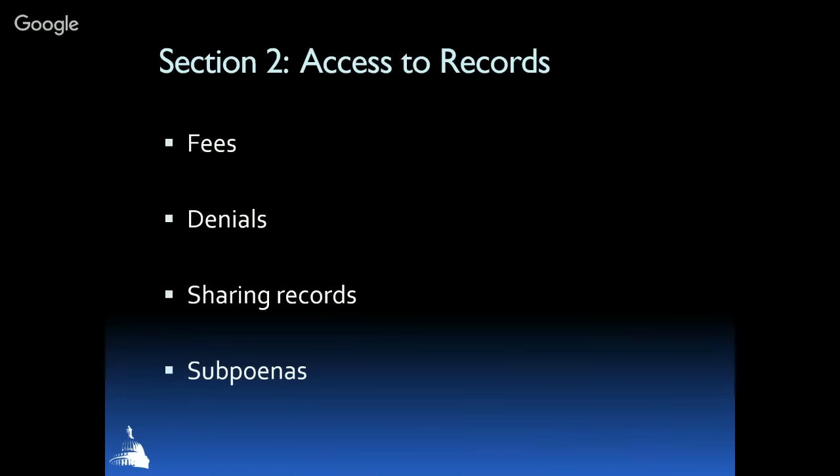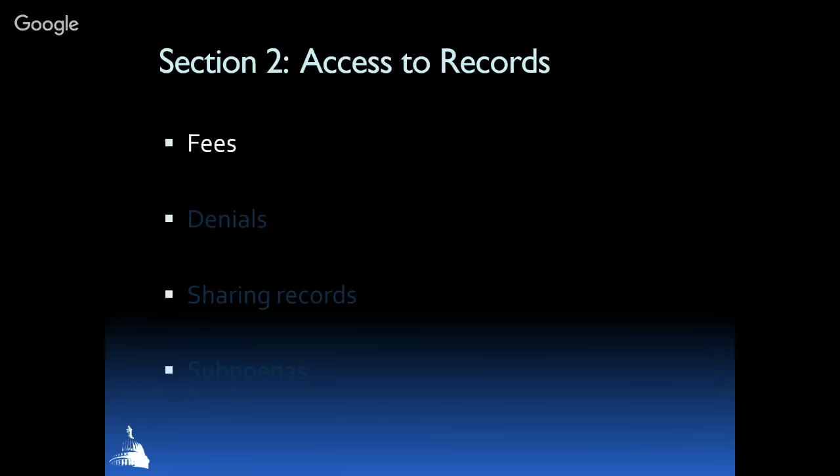So also in Section 2, it outlines fees, denials, sharing records, and subpoenas. So fees. It discusses fees in detail and how to assess and apply them. The governmental entity may charge a reasonable fee to cover the cost of providing a record, and it is important for political subdivisions to establish a fee schedule to provide the public on how much it will cost to provide those records. And GRAMA highly encourages government entities to fulfill a request without charge when it determines the release would benefit the public or the requester's rights.